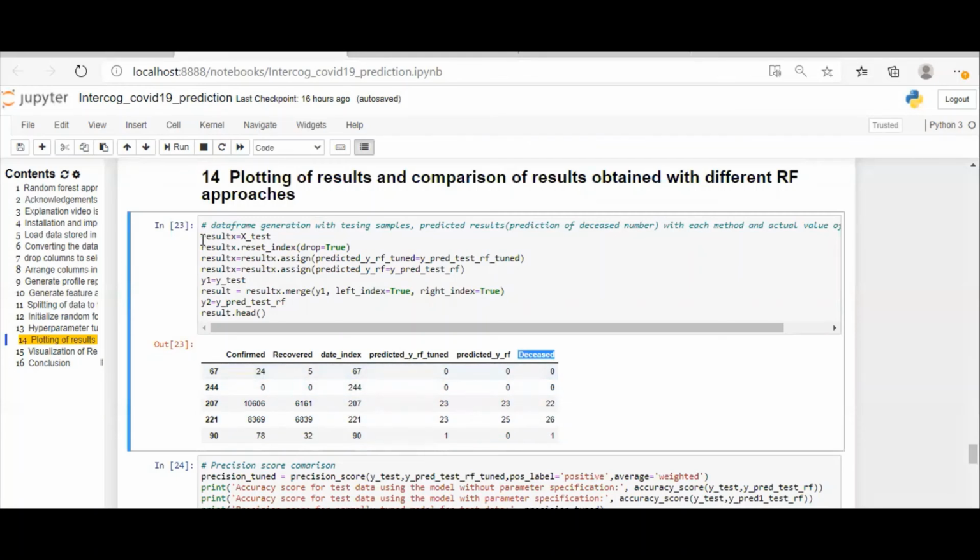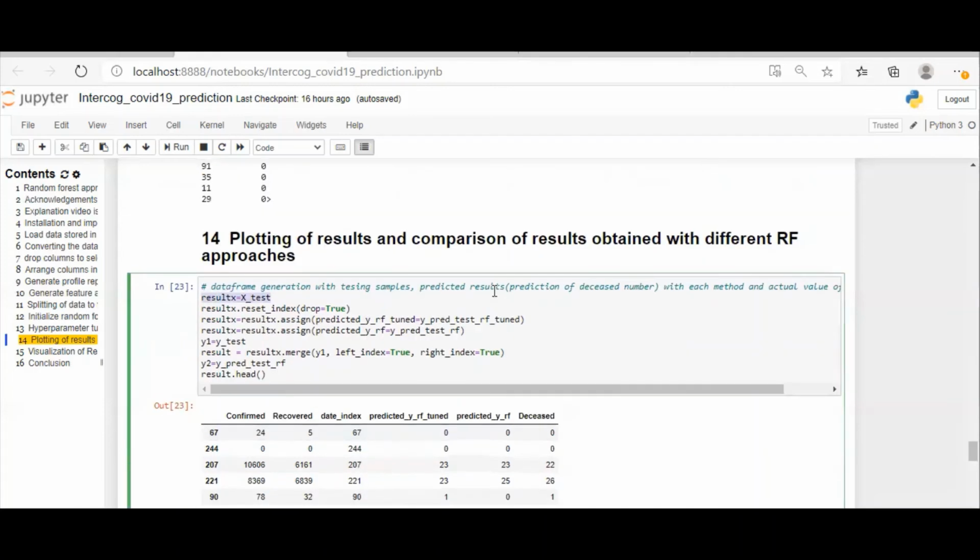Here what I am going to do is I have started with the X test value, and I keep on adding each of the columns corresponding to the RF tuned methods. So I have taken the RF tuned and the normal RF, because I couldn't find much difference between model 1 and model 2. So I'm just taking only the first model, the default one. If you want to add, you can just give one more column. So that doesn't make any difference.